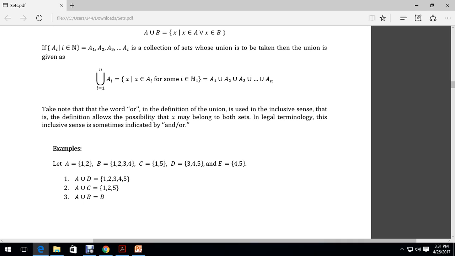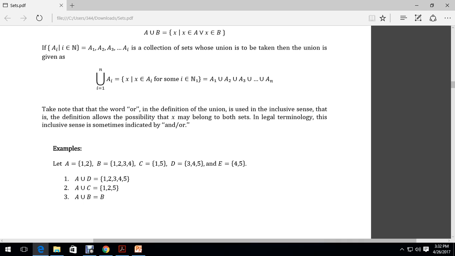Applying this definition for the second example, we have A union C. A union C, we have the elements 1, 2, and 1, 5. Writing the set of elements in the union of the sets, we have 1, 2, and 5. Now take note of the difference from example 1. What we have done here is that we have a common element 1 that appears both in A and C. That means whenever we encounter such common elements between the two sets being taken, for the union between them, we just list down once the common elements between the given sets.